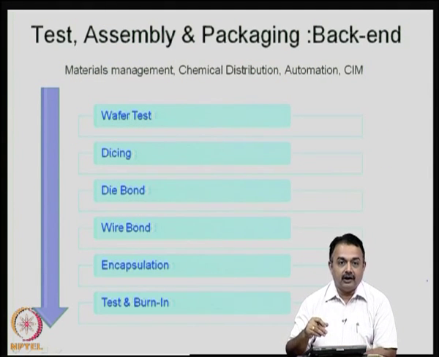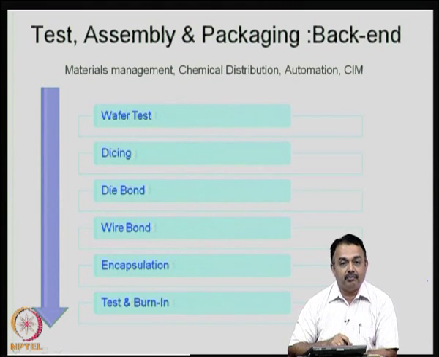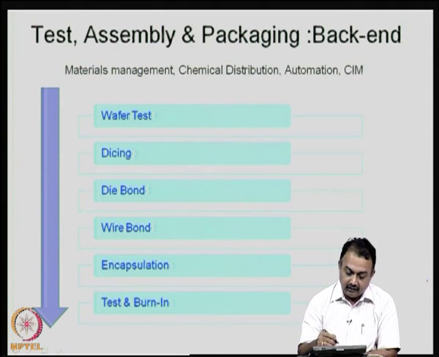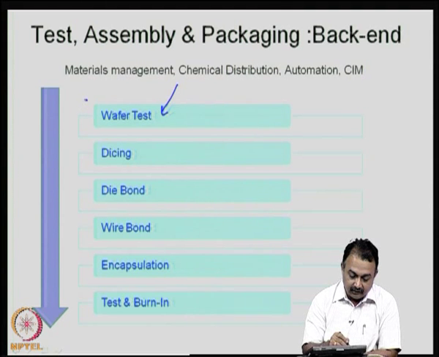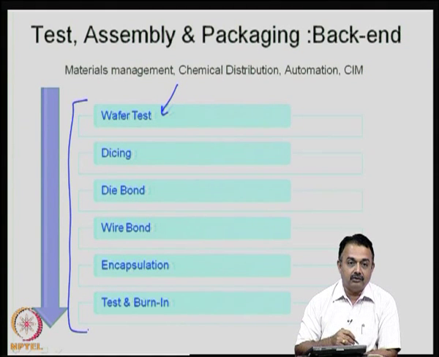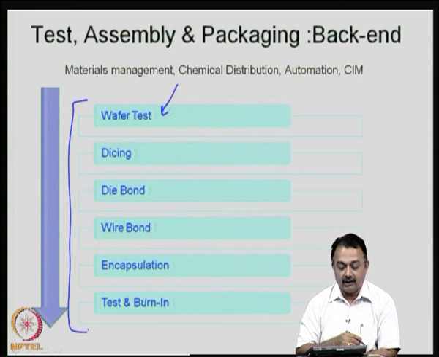Now, if you look at this flow chart, we are now at the back end processing of the die manufacturing. So, this is known as test, assembly and packaging section, and the first one was basically from the silicon to wafer. Now, the wafer here is tested, as I mentioned earlier. Test becomes very important in every step. Here I have written about 6 steps here, but in practice it goes through a very large line of sub processes, including electrical test, materials management, material analysis and so on.